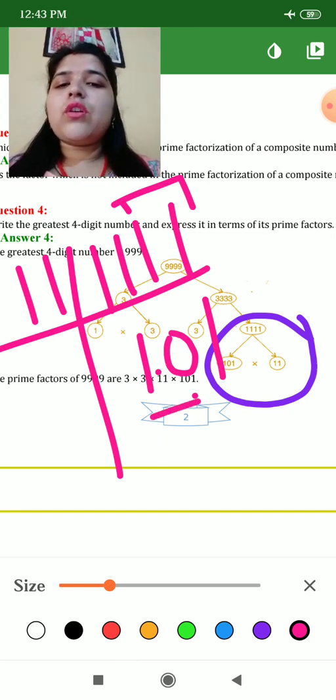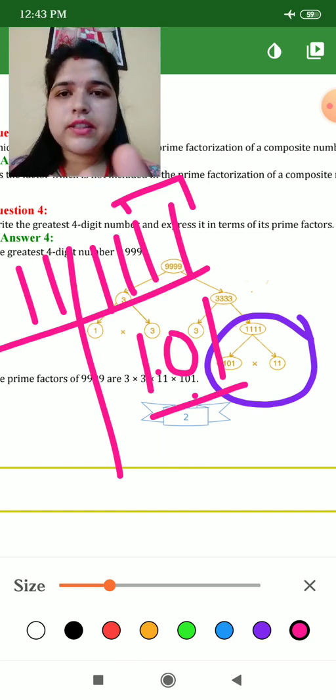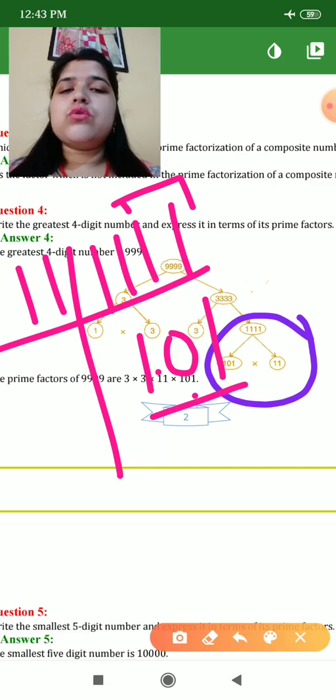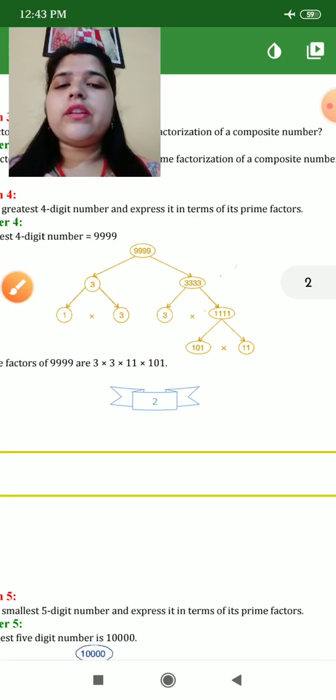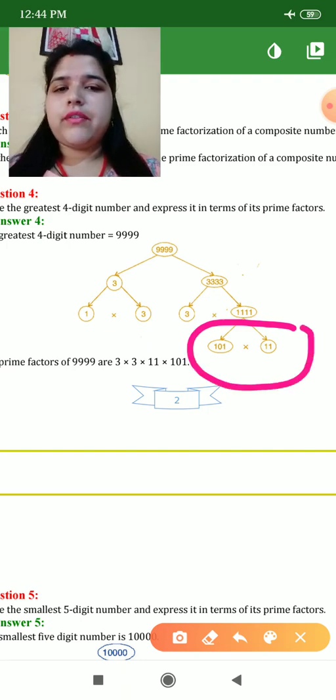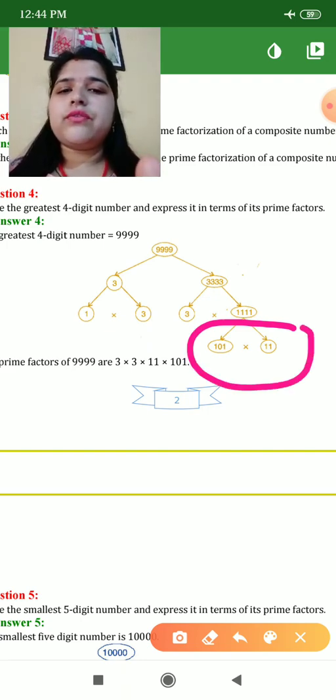Now see, this will not go in any table, because 2 5 ja 10 ho jayega, but 1 will remain as it is. So we will not go further. Okay, we will stop here. So our solution will remain here, that is 101 multiplied by 11. This is the last factor for this.